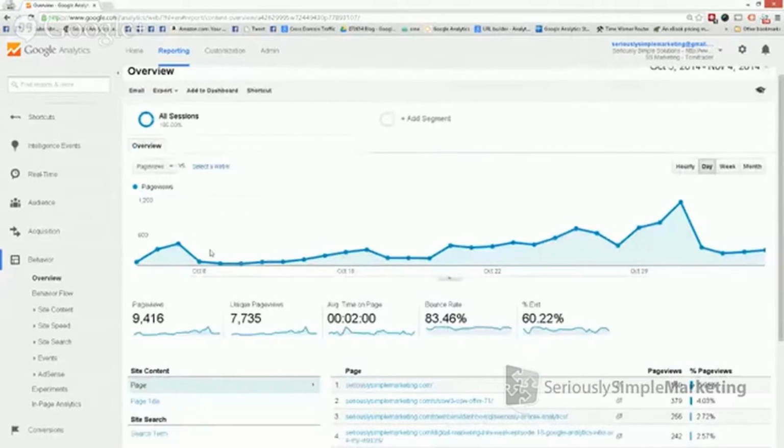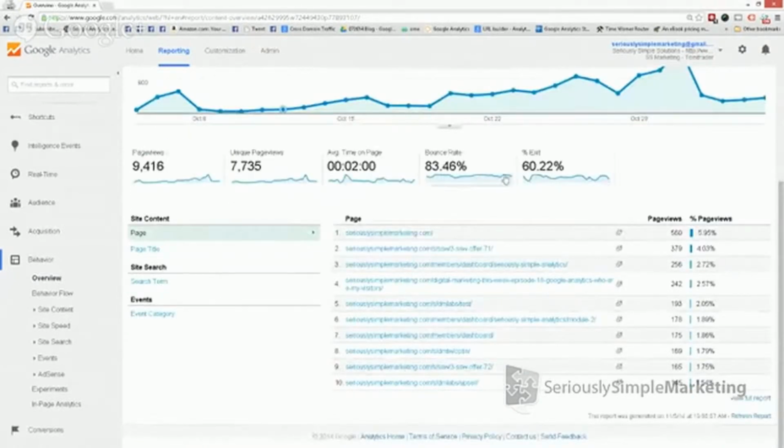Okay, so you can come through here, and again, you can do segmentation. Your page views are tracked by default, but you can change whatever those are here, whatever you want. And then you've got the summary data. So you've got number of page views, number of unique page views, because remember, a unique visitor would be just that visitor, but that visitor could see the page view a number of times. And so that's why there's a difference between page views and unique page views. You also have time on page, average time spent on the page, the bounce rate, which is the number of people who are coming to a page and then just leaving, and then the exit rate, which are the number of people who are coming to your pages and exiting from those pages.